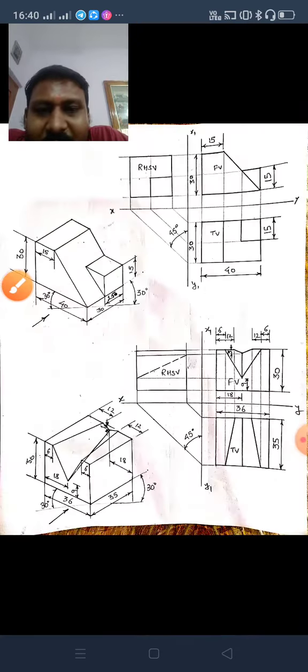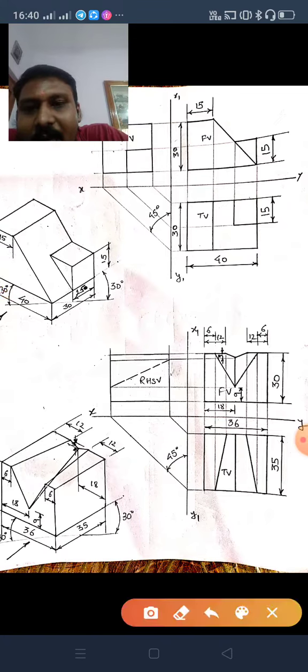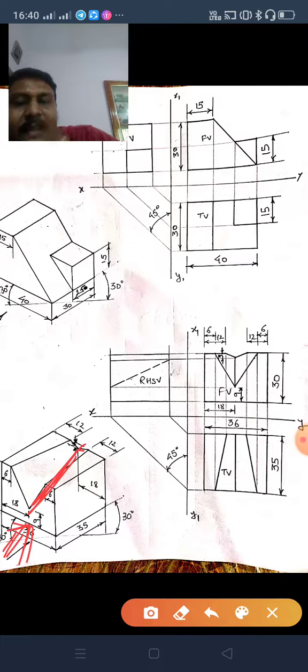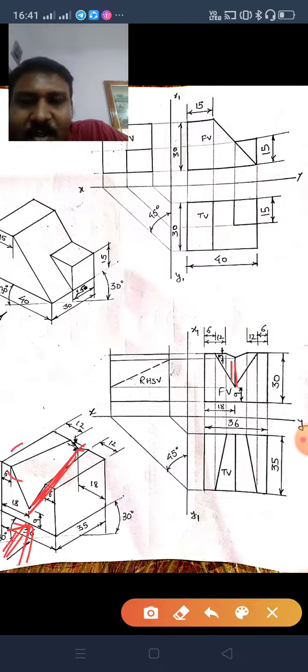So why are we doing so? Because when we are looking from front, we will see this line. Okay, we can see this line if we are looking from front. So that's why this line will look like a straight vertical line when you see from here. Just try to imagine. Okay, there is no other option. So you will get this line. That is why I have made this line dark, else all lines are light. Now the top view, similar, this box you will be seeing.